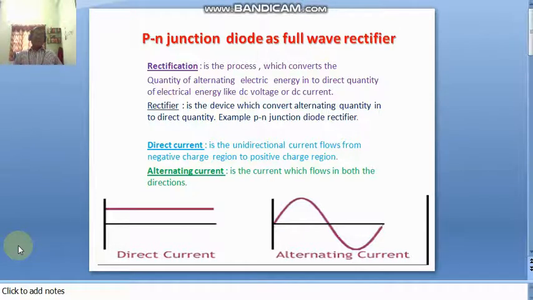In the previous class we discussed the half wave rectifier. That means we give the AC wave using an AC source in the input circuit, that is, the primary circuit of the transformer. At the end we get only the positive half peaks coming out, forming a ripple. That ripple can be connected to a CRO.